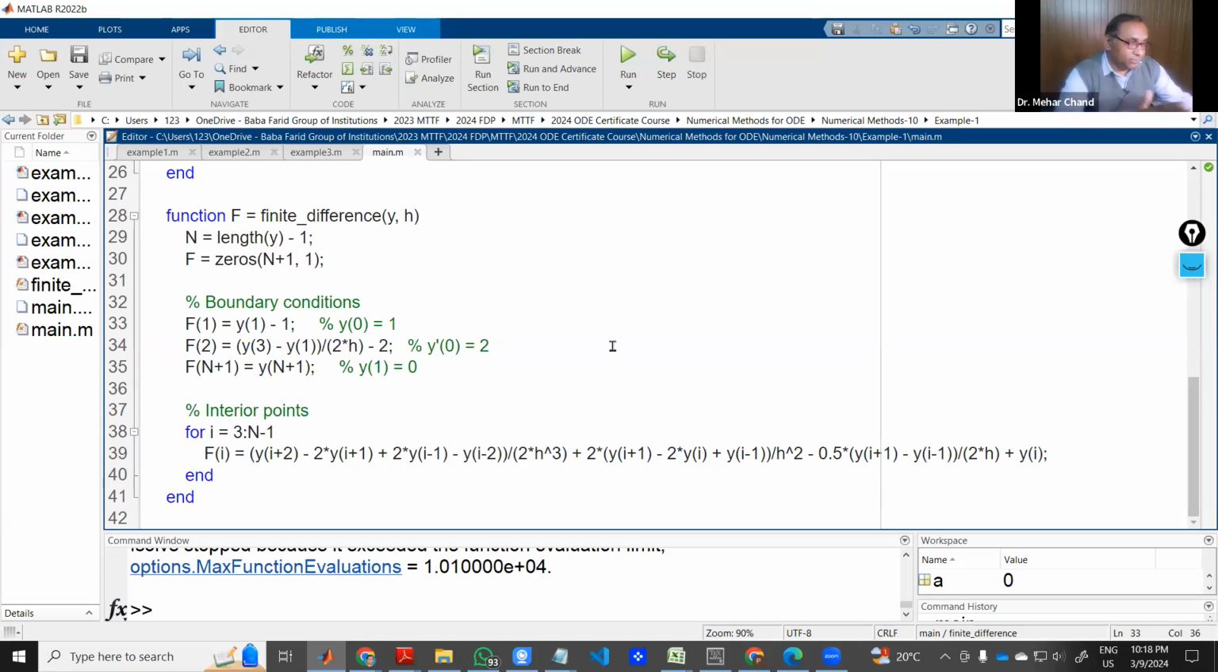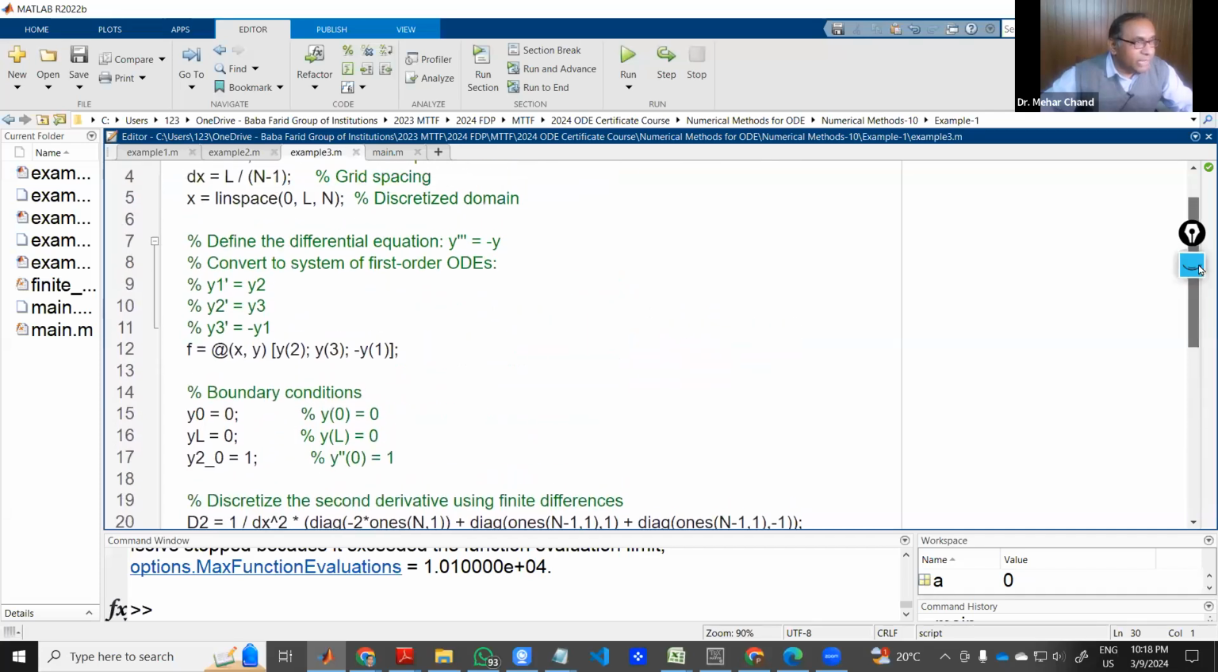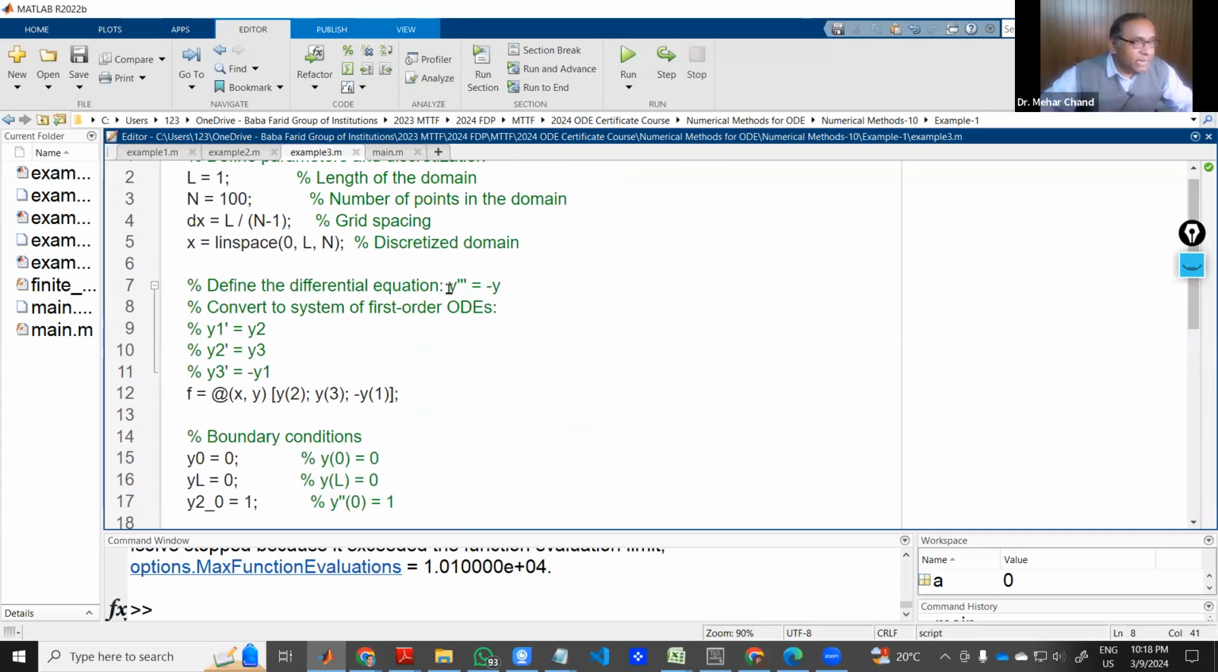So I try to present both ways. This is also one more way to solve the differential equation. Here you can see y triple dash is equal to minus y. And we can use this approach as we discussed yesterday in the shooting method. So you can reduce this equation to a first order ODE. By reducing any order, you can reduce it to first order, and then you will have the system of equations, and you can implement